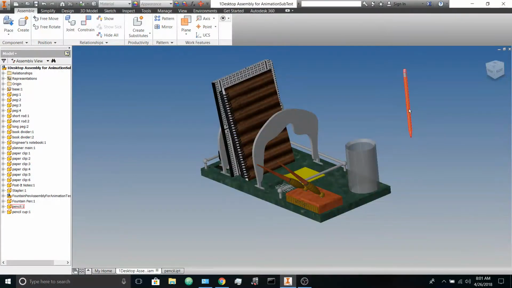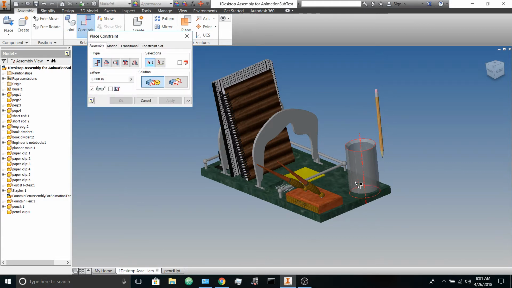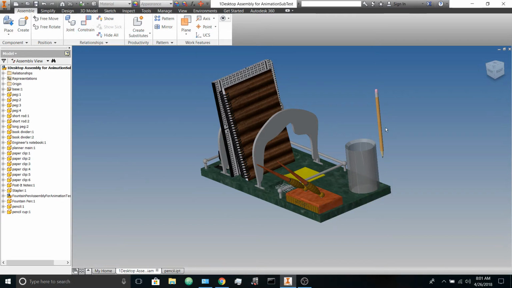Alright, so in order to constrain something like the pencil and have it sort of tipped over in a natural looking fashion, but also constraining it for the sake of an animation in Inventor Studio, you can't just do face constraints like you normally would, even with offsets, and even using the origin planes, because if you did face or plane constraints, they would break when you try to tip them over. So the way we're going to do this